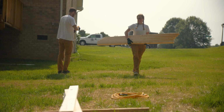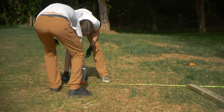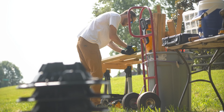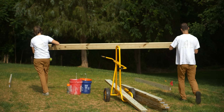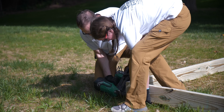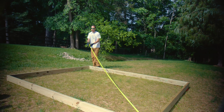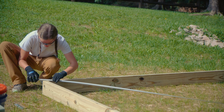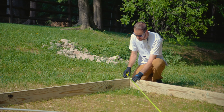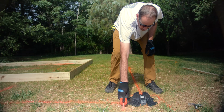After carrying all their tools and materials to the site, they measure the ground whilst marking it to get layout for the outer joists. They then cut these to length and then lay them out in the location for the shed. They fasten the corners with a nail gun to get the outer frame, and then measure corner to corner to make sure it's completely square. You can also use the 3-4-5 method, but this is faster and more accurate. Both measurements should be equal, and once adjusted, the ground is marked around the entire frame as well as where